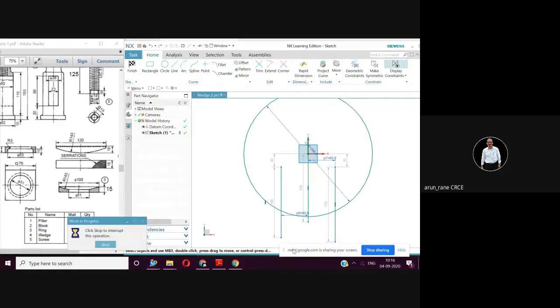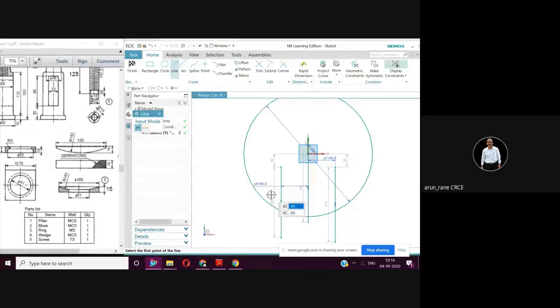Now I am going to draw a horizontal line this way. It will correspond to this 120. And then we'll fix up this distance 60, this line to this point. So go to the line command, just a random line from here to here, of course horizontal, angle will be 0, come out of the line command.